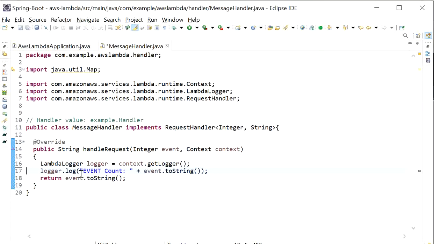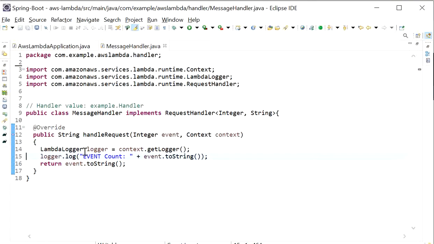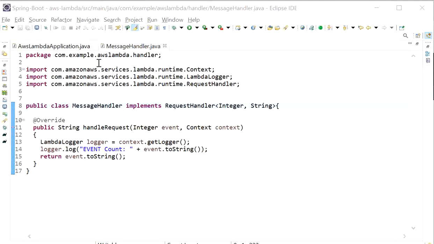Now we have created one Lambda function, and our class implements the RequestHandler class, and we have completed this.